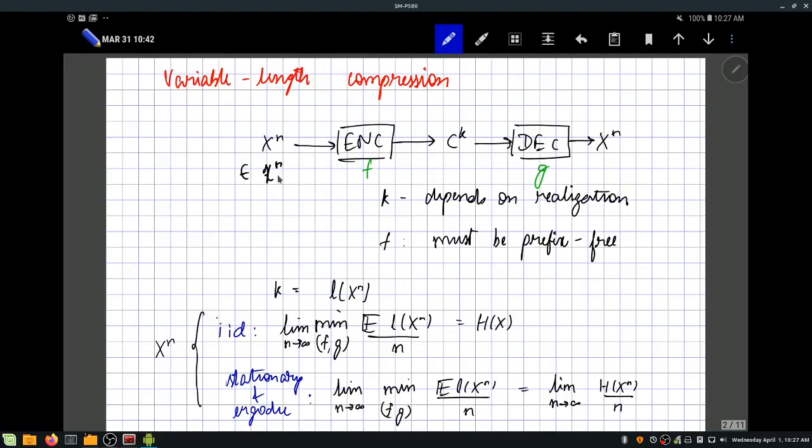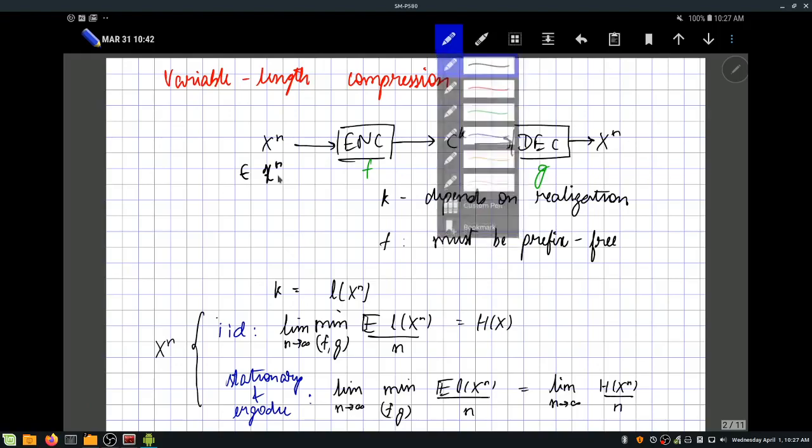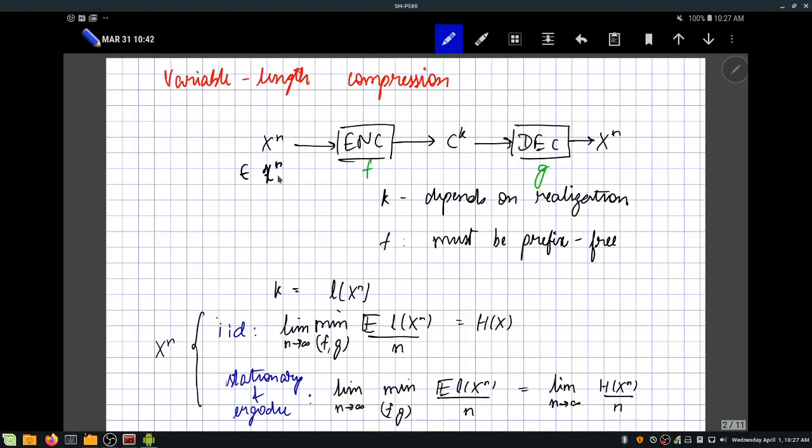We assume that this is random. So far we only considered the case where xn is independent and identically distributed, IID according to some distribution px, and we also assume that px is known to the encoder and decoder. So our goal is to compress this to a variable length file which we call ck,